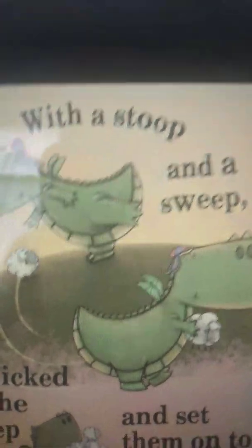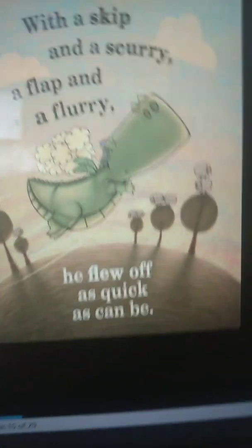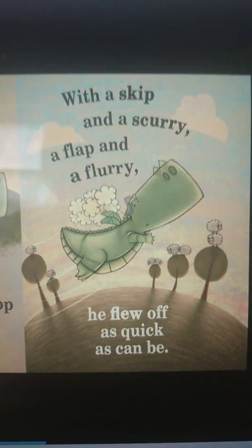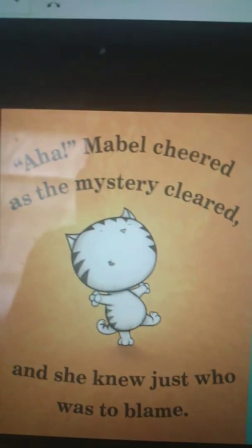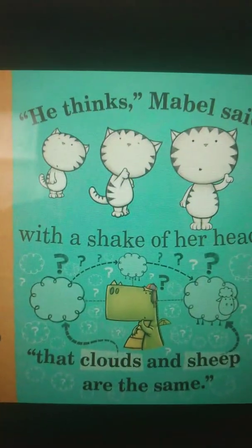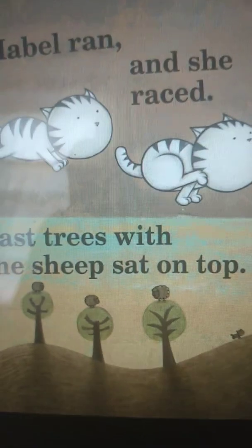With a stoop and a sweep, he picked up those sheep and set them on top of a tree. With a skip and a scurry and a flap and a flurry, he flew off as quick as could be. But how are those sheep going to get off the trees? "Aha!" Mabel cheered as the mystery cleared, and she knew just who was to blame. "He thinks," Mabel said, with a shake of her head, "that clouds and sheep are the same." Mabel ran and she raced and she followed and chased. Who'd she find? Past trees with the sheep sat on top,